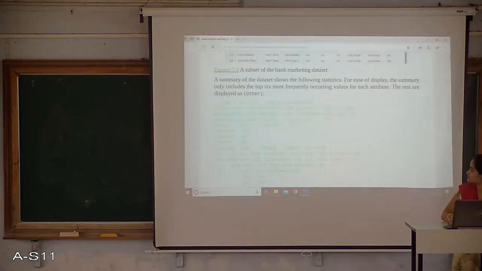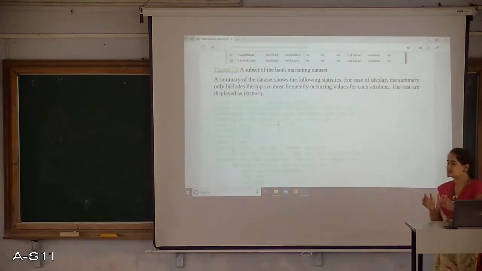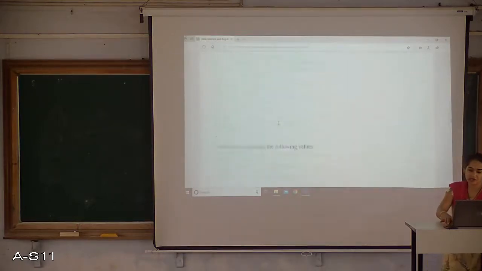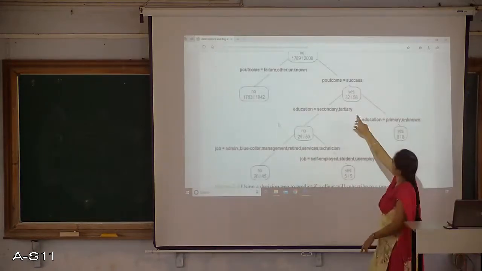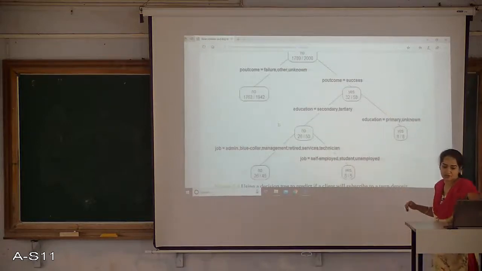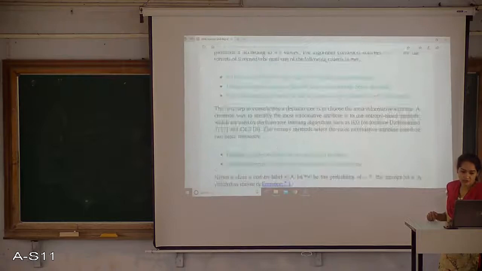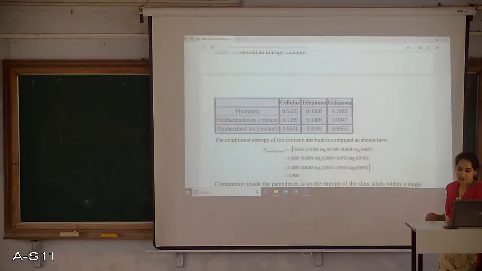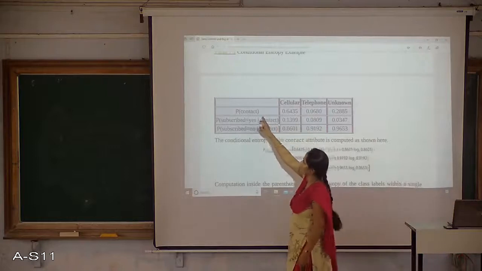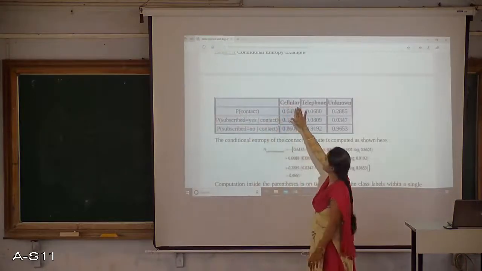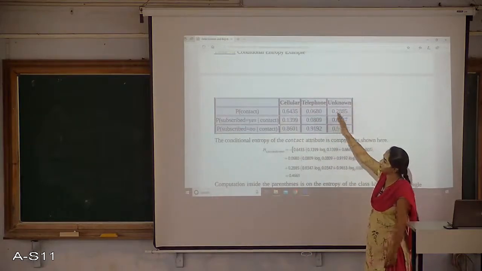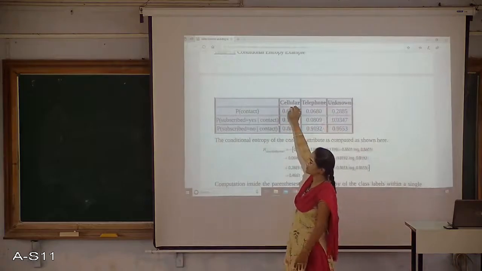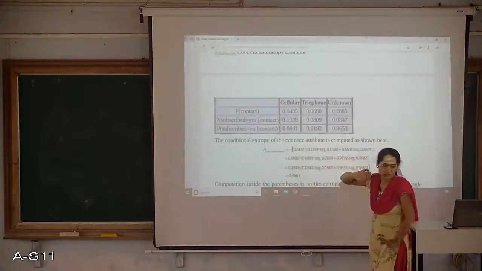You can refer to the textbook. What I am pointing out here is the categories or classes of education. Now if I want to calculate the entropy of education, these are the 4 classes I have in the education variable. Similarly, as we did for contact, the first thing I will do is count how many entries of secondary, primary, tertiary and unknown. So I will be getting 4 columns, how many entries of each particular class.